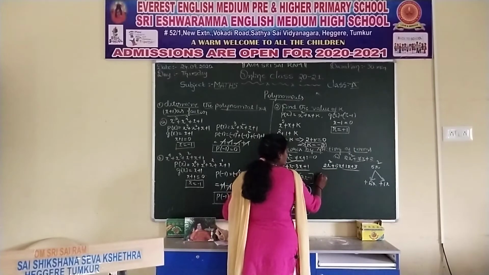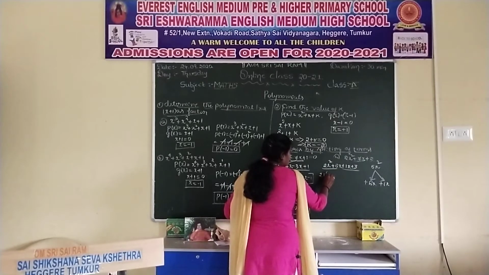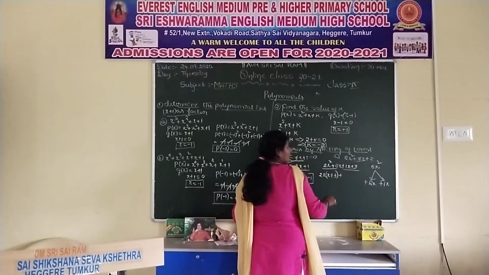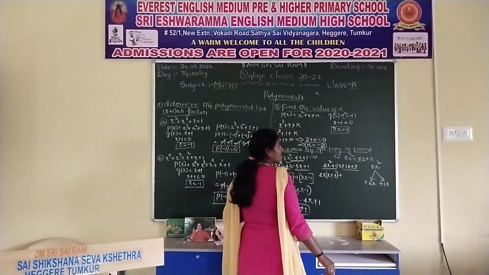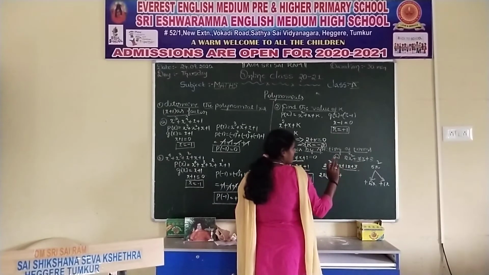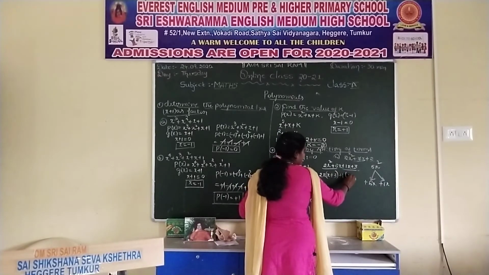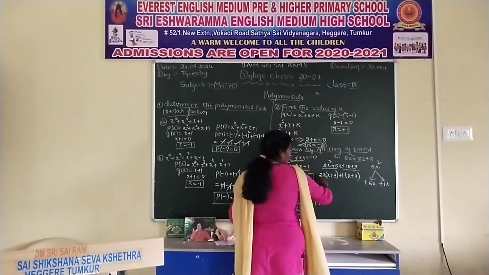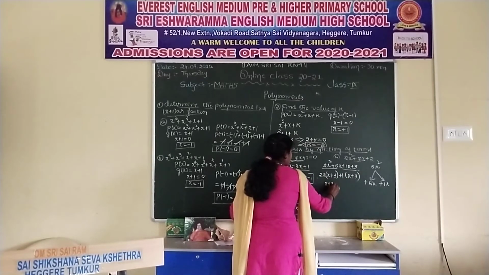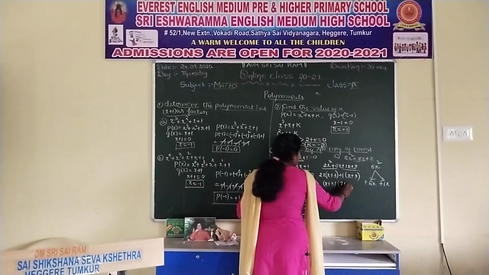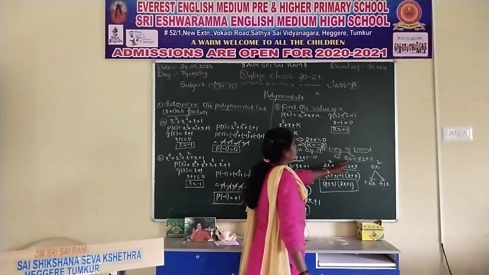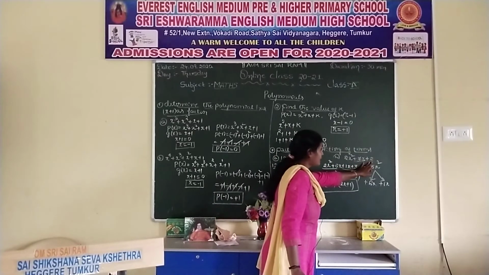From the first group, you take 2x as common. The remaining thing is x plus 3. From 1x plus 3, there is no common factor. No common factor means that it is not wrong. That is correct only, but the common factor is 1. The remaining thing is x plus 3. So from this expression, x plus 3 is common. So the remaining terms are 2x plus 1. So these two are the factors of 2x square plus 7x plus 3.